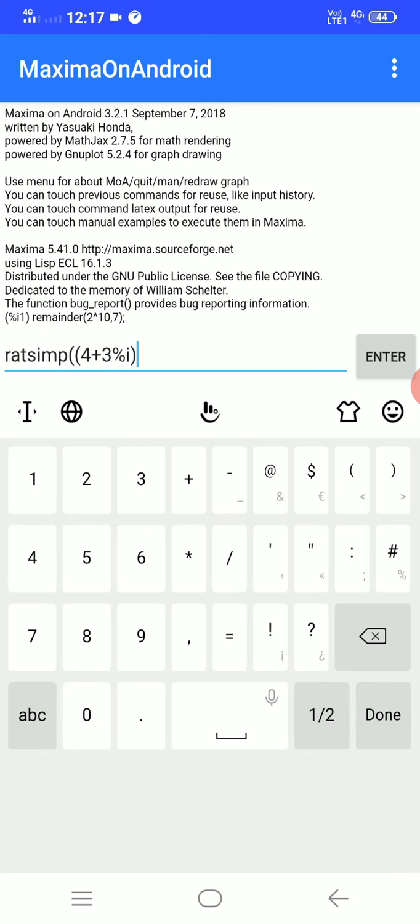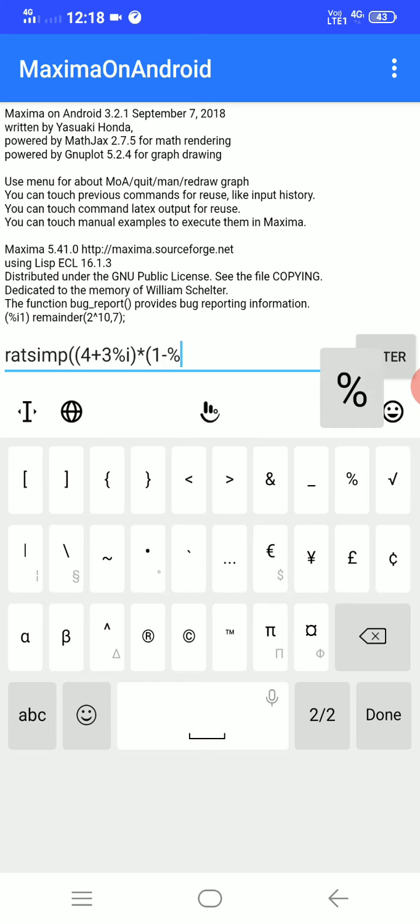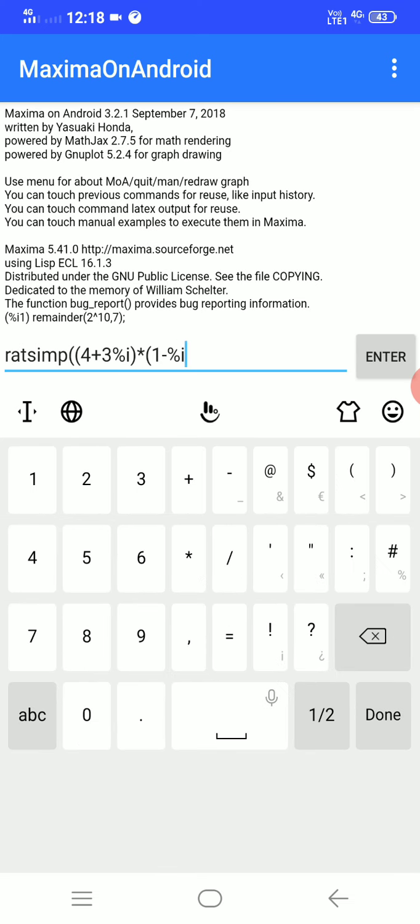There is multiplication between 4 plus 3i and 1 minus i, so we use star for multiplication in bracket, 1 minus percentage i, bracket complete, whole bracket complete,